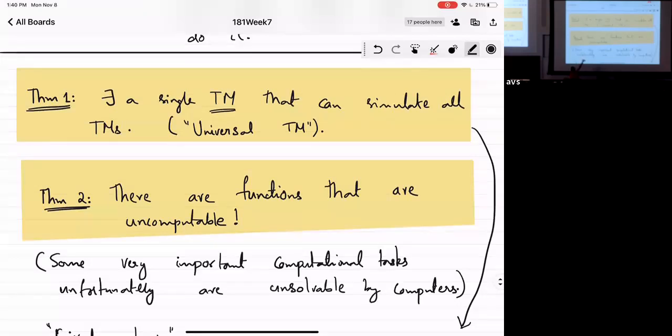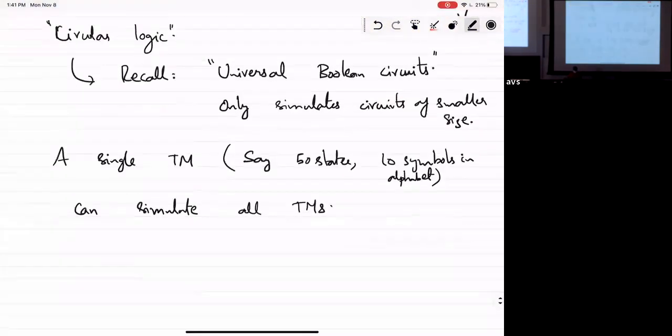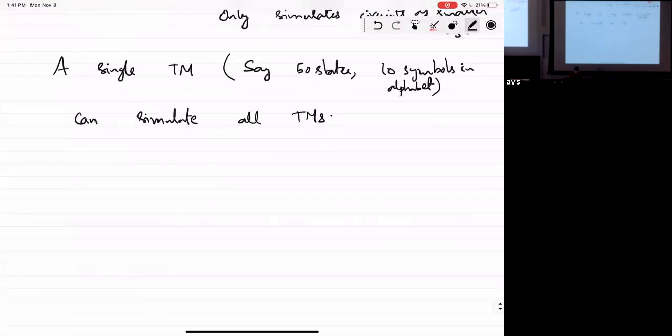The other thing, this notion of uncomputability, has deep philosophical implications. You can dig into them, you can enter into arguments about them. And then there's the actual technical stuff that goes into proving these things. Both of these come up from stuff that we saw for Boolean circuits. There is a parallel between the two.